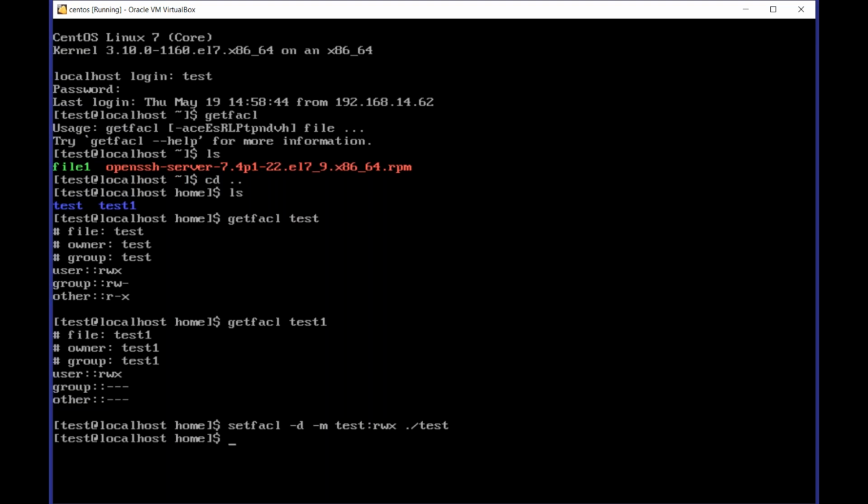So this is the default permission I'm setting. This is to show how to set the default permission for that particular file. This is the file, dot slash is file, test is the group. So okay,